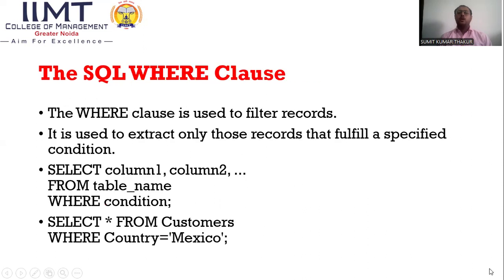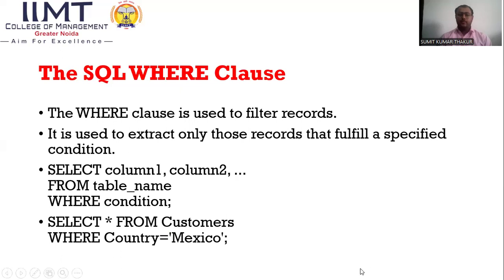Now, the SQL WHERE clause. The WHERE clause is used for filtering records. It is used to extract only those records that fulfill a specified condition. For example, if you require data which fulfills only the specified condition, the syntax will be the select command, as earlier, with whichever fields you want from whichever table you want, and then you have to mention the WHERE clause